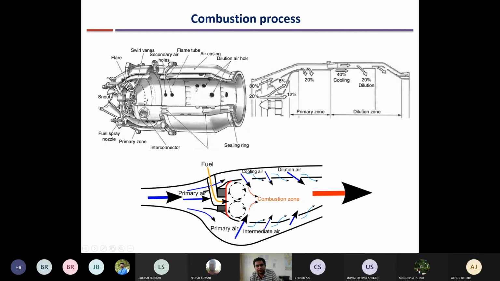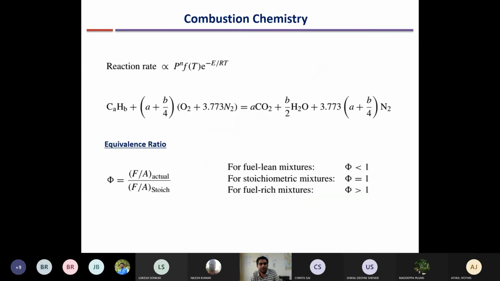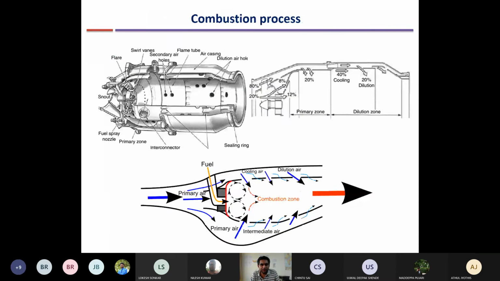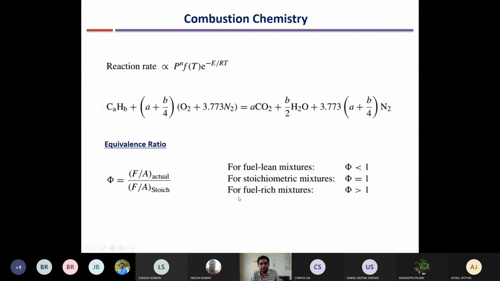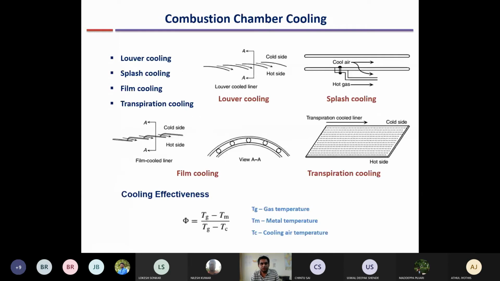It cannot sustain a high temperature, and temperature can go very high near the actual combustion process. Near this region, it can go up to 2000 Kelvin. So you have to protect the combustion chamber liner from this high temperature. The liner will not be able to sustain it. At very high temperature, it will soften. These are made of very good material, nickel-based alloys, but still, it may not melt, but it will become very soft at those high temperatures and not able to sustain the pressure.